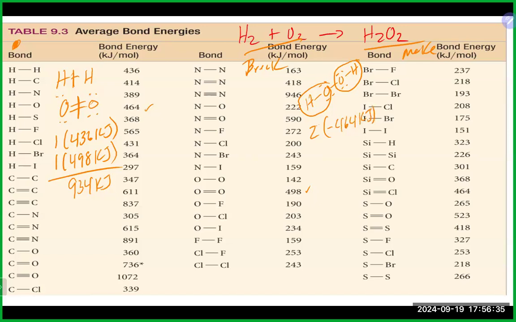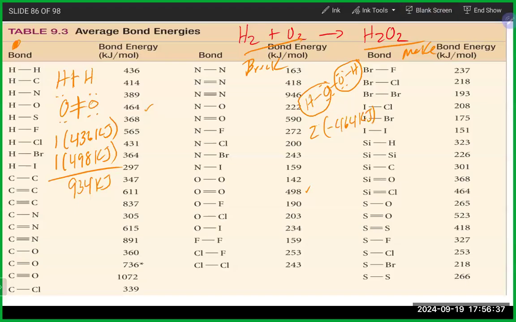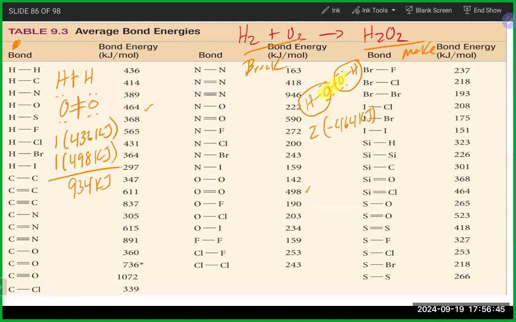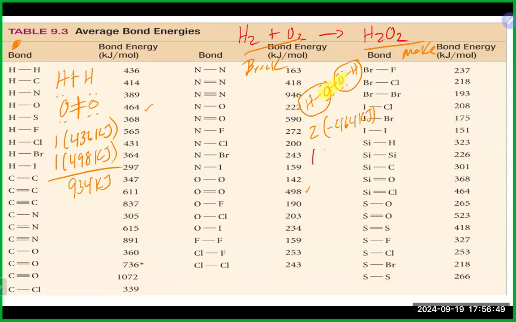And again, the bond that sometimes people miss, and why it's a good idea to draw it, is the bond in the middle there between the oxygen and the oxygen. So we also have that bond that we do need to make. So we got 1 of those oxygen-oxygen single bonds, which is right there, 142. 142 also going to be negative since we're making. And if we add all that together,